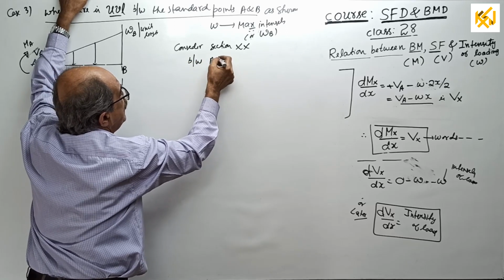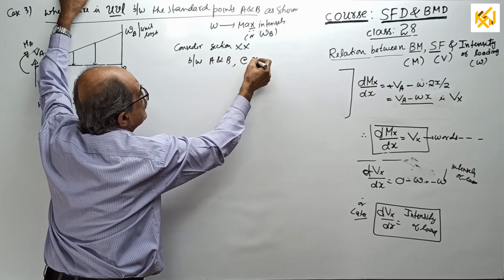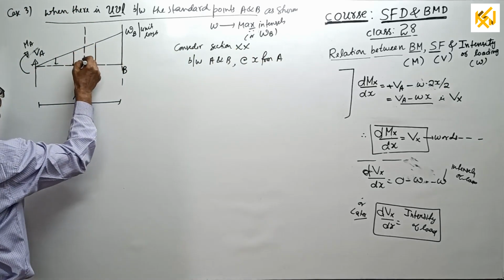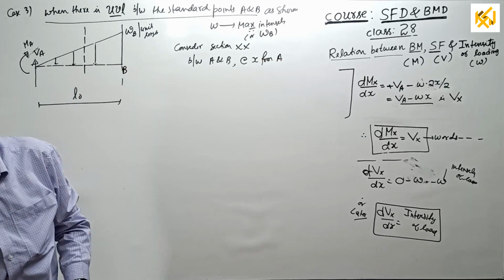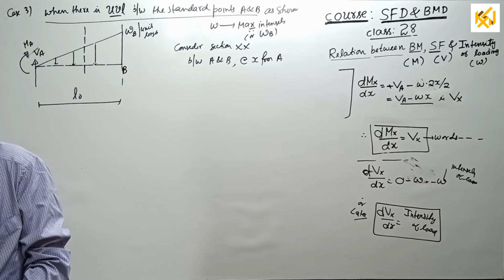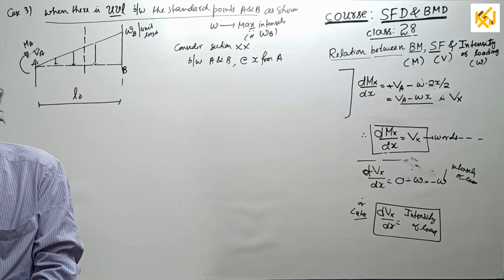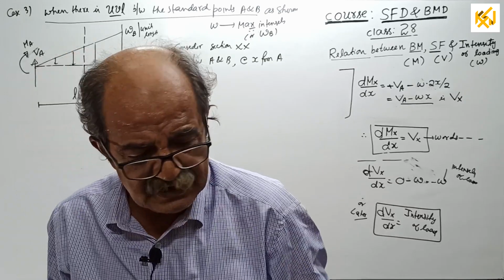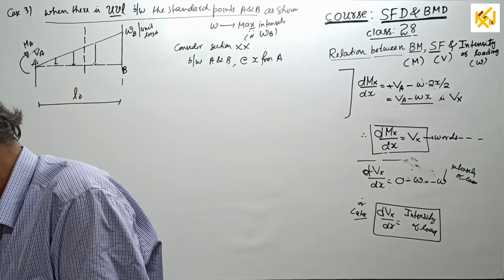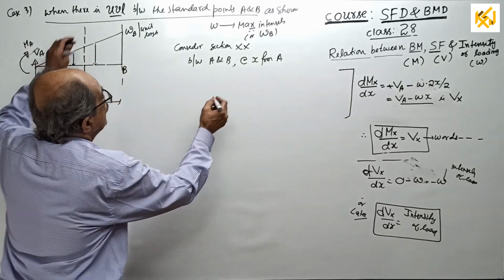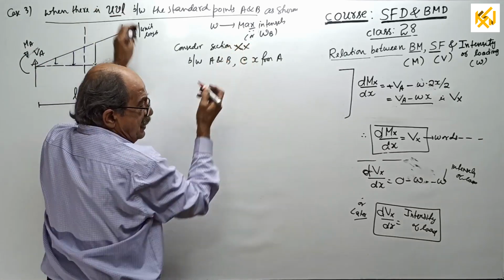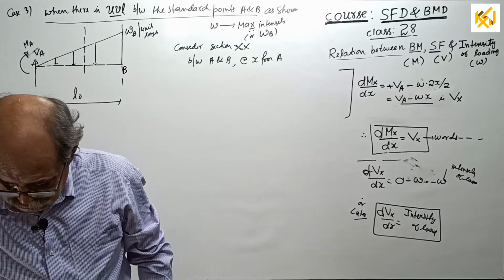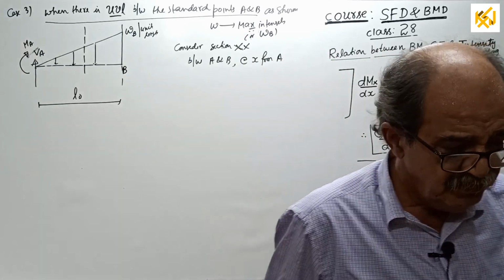between A and B, at X from A. I will take a section here. See. This time, for a thorough understanding, just for this case, I will take it with a color. Only for understanding purpose. Right time, I am not getting that color. I just got it. I will consider section X, oh, again, same color. Leave it. I am not getting it here. When you require it, it is not there now. Okay, leave it, no color.